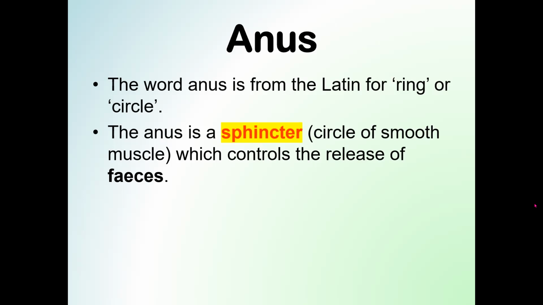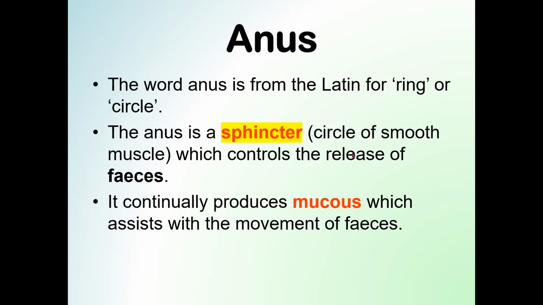There's a sphincter there, so we've got them everywhere. So it's all smooth muscle. And there's a lot of mucus produced just inside the anus to help with the passing of the